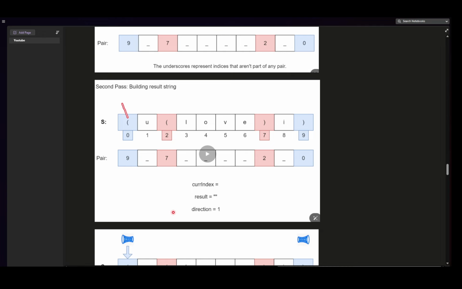Whenever we encounter that, the direction initial will be positive, and whenever we encounter any open or closed brace, or any brace, we will toggle the direction to -1. Negative direction we will be following. So